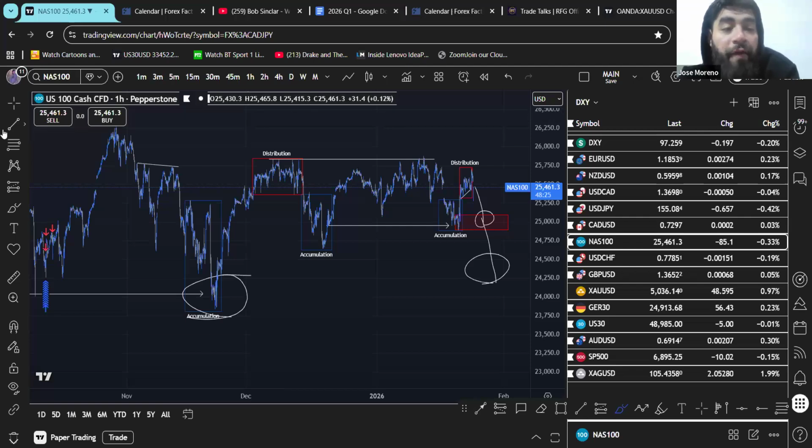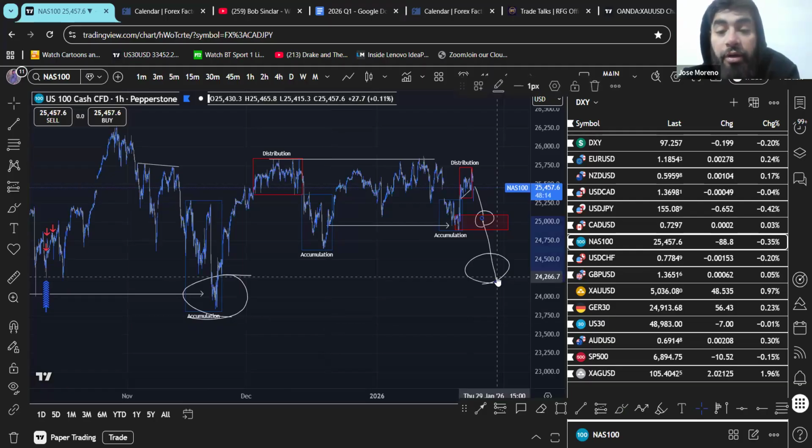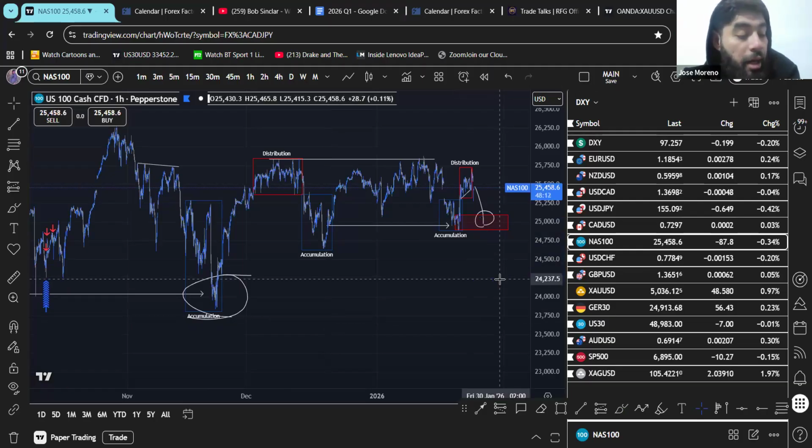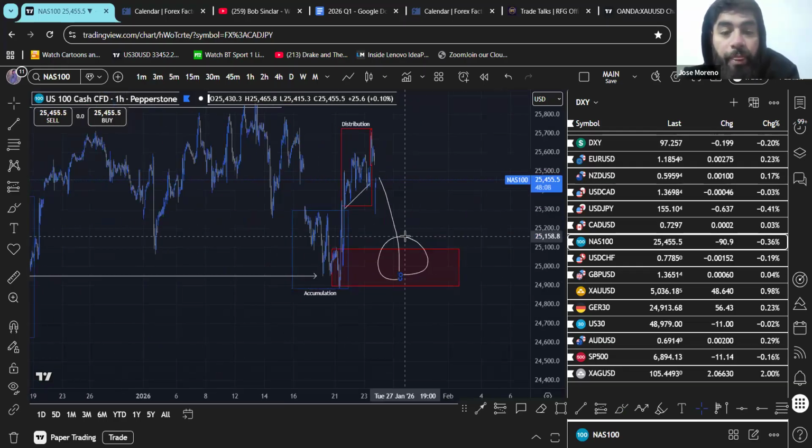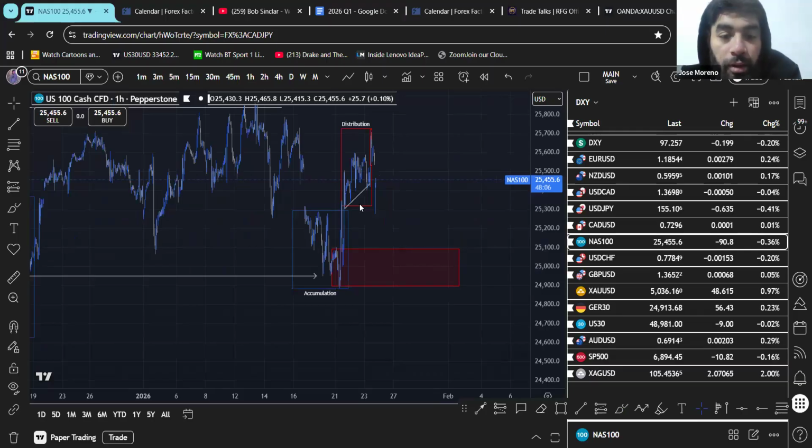So if I were to really pay attention to one of those assets, I would probably pay less attention to gold and silver right now just because it's booming so hard. And I'd probably pay more attention to things like NASDAQ, because again, I think this is going to offer us our next swing opportunity where we can really see that higher time frame align with that smaller time frame, right?